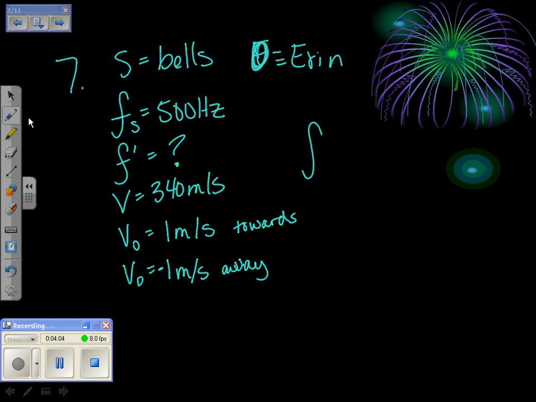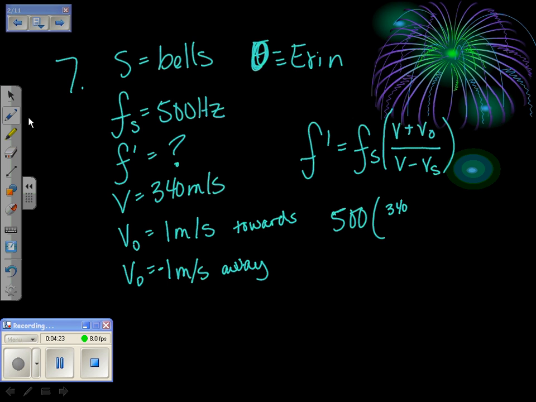and as you move towards, it's a positive. So again, I have my F prime equals F sub S for my source times the speed plus my V naught over the speed minus my V source. So I have 500 times my 340 plus 1 over 340 minus 0. Sorry, because my Vs, my bells are not moving, they're attached to the wall. I didn't write that. And so then moving towards the bells, she should hear a frequency of